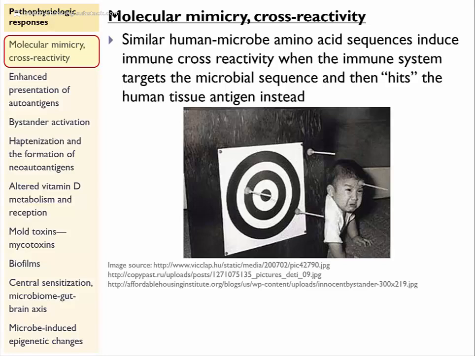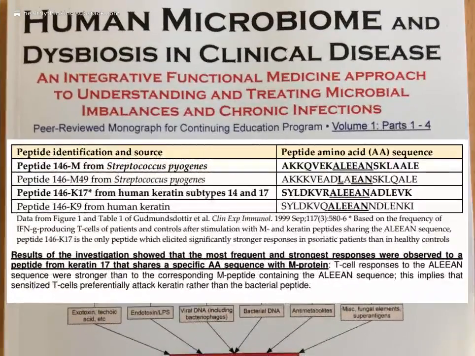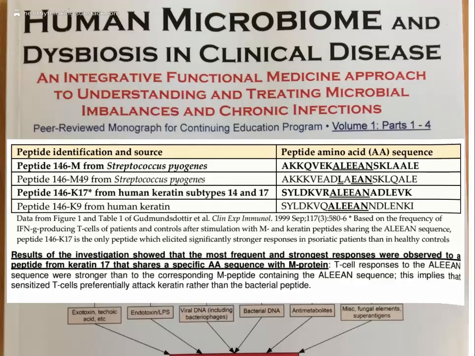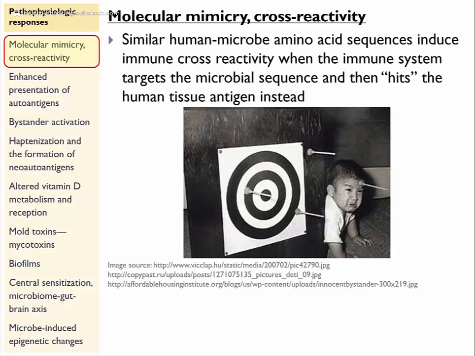Let's look at molecular mimicry and cross-reactivity as an exemplary model for the induction of pathophysiologic responses by microbes. So basically, the take-home message here is this: microbes produce in their proteins and in their cell membranes, for example, certain amino acid sequences which are identical or very similar to the amino acid sequences found in human proteins. So when the immune system begins to attack or have an immune response against those microbial molecules, some of that immune response, we might say, either misses the target or spills over to affect the human tissues that share those